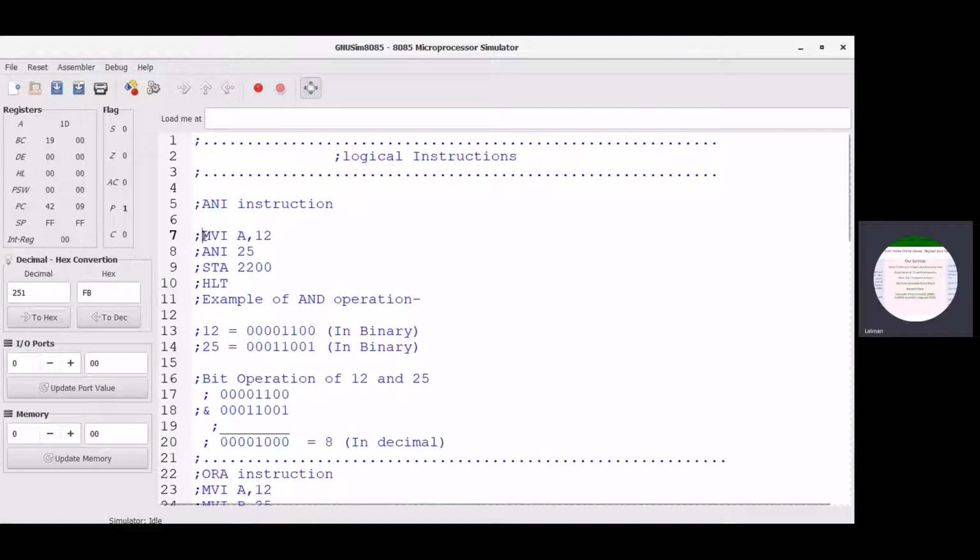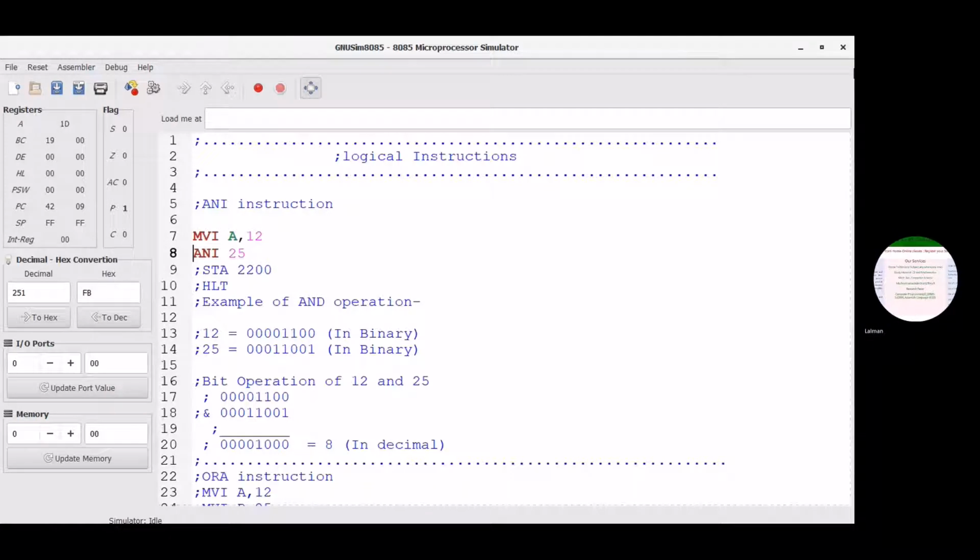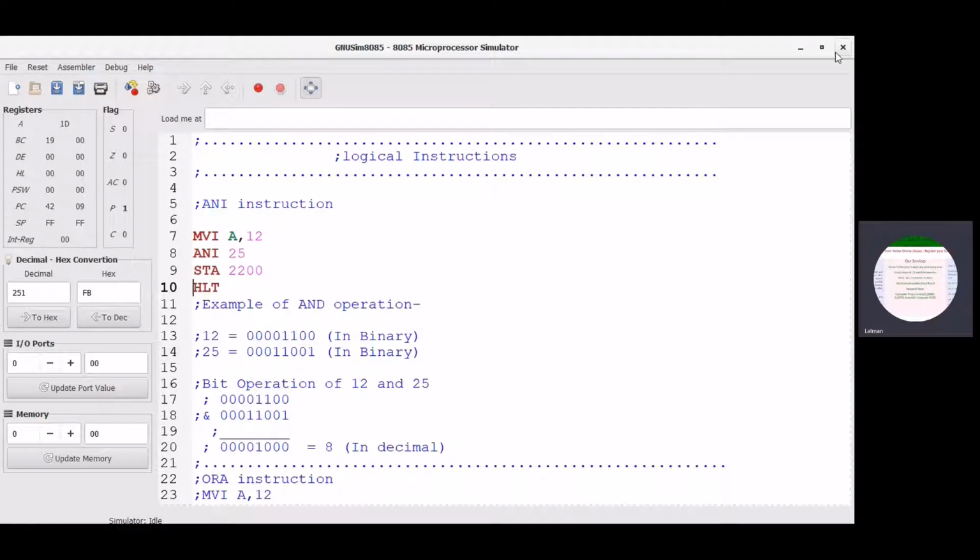For this, we should uncomment the ANI instruction and see what will be the output and how it works. After uncommenting, save it first.